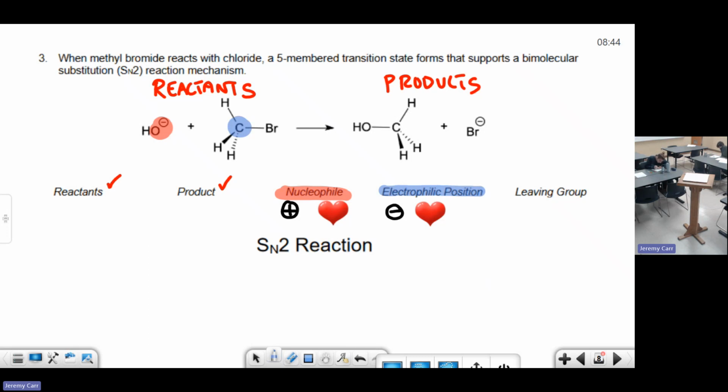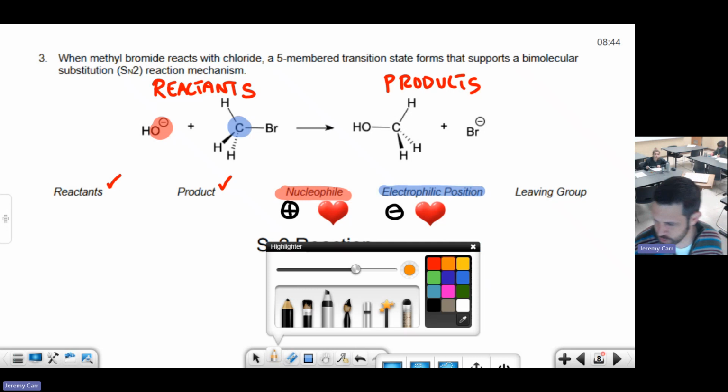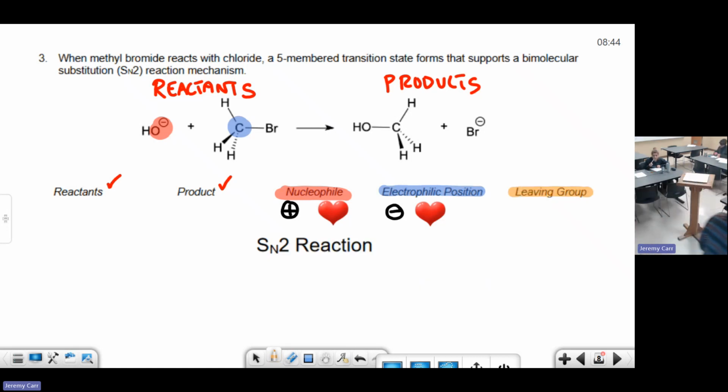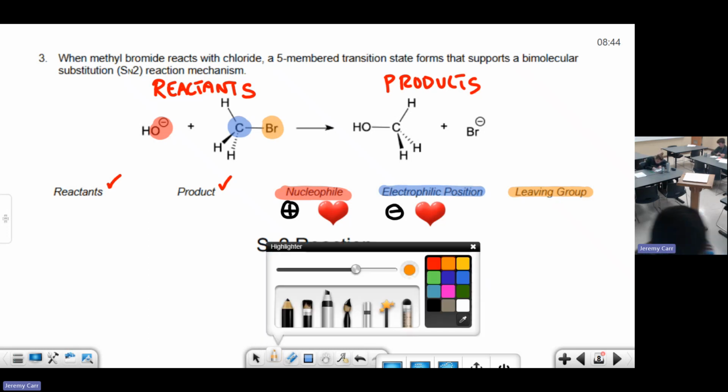The electron-rich red oxygen atom is attracted to the electron-poor carbon atom in this reaction. But there's another creature that's still floating around in here, and that is the leaving group. You can tell this was developed by a chemist because it's very unimaginative here. But what does a leaving group actually mean? It's the thing that does what? Take a guess. Leaves. It goes away. So looking at this chemical reaction, what's going away in the reactants as they're converted into products? What went away? Br. This is your leaving group right here. That's exactly what this is. This is the thing that goes away.